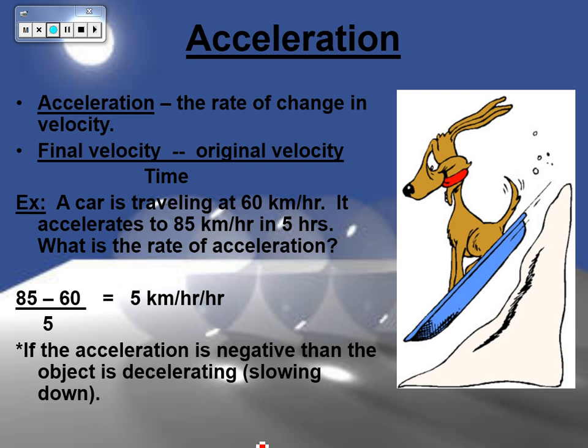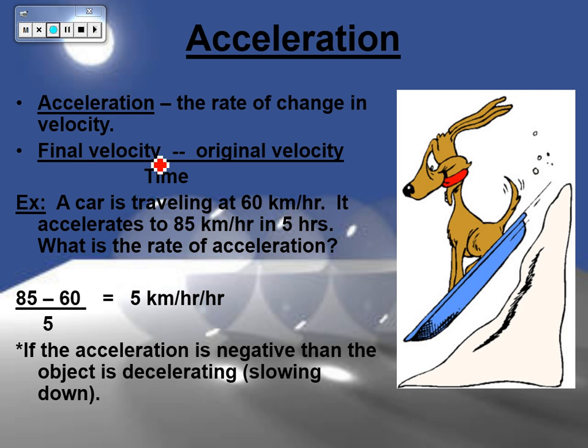Okay, so let's skip that. Acceleration, everyone's favorite. Just remember the definition, the rate of change in velocity. So velocity is what's changing. That means either the speed is going up or going down, and also it could just mean that you're changing direction. So anything that is in circular motion, a Ferris wheel, carousel horses, is going to be constantly accelerating because you're changing direction. The way that you find it, I will give you this formula on your test, is the